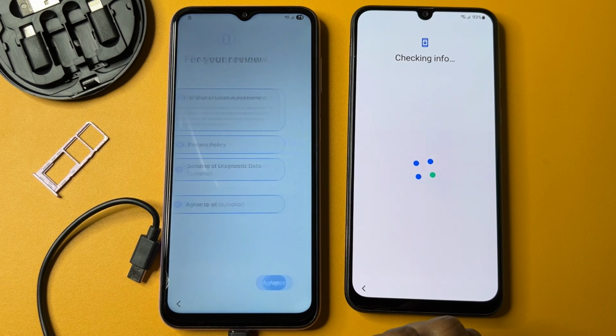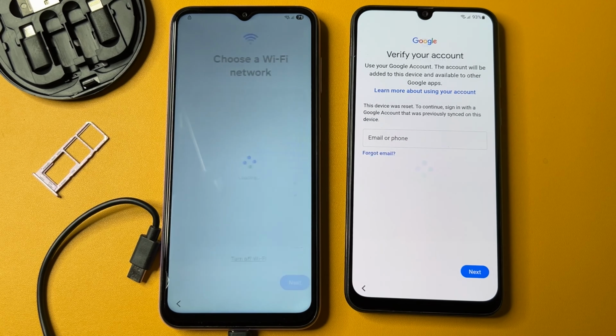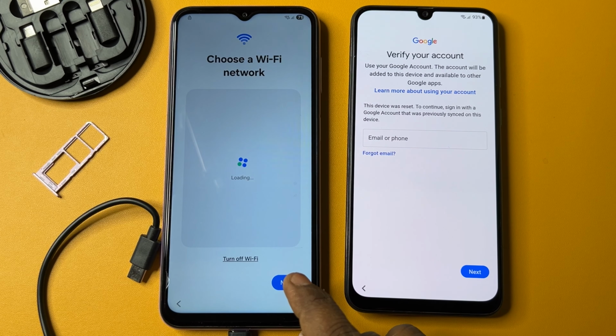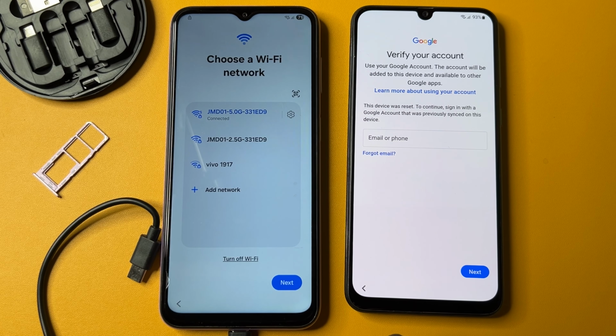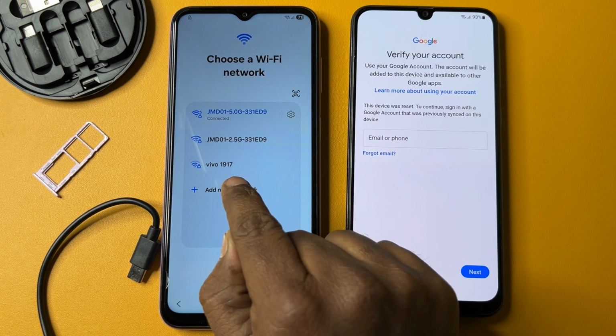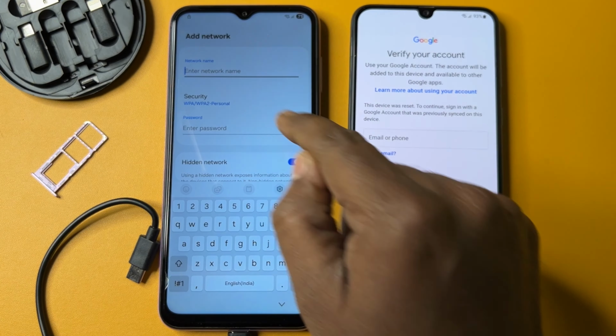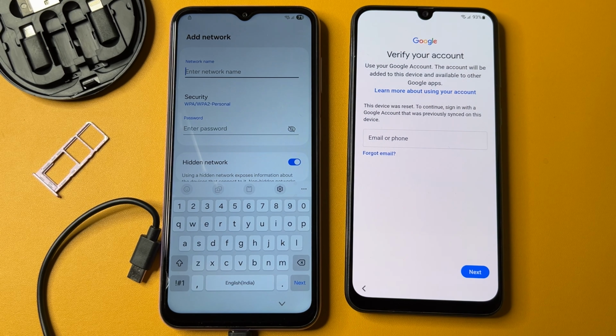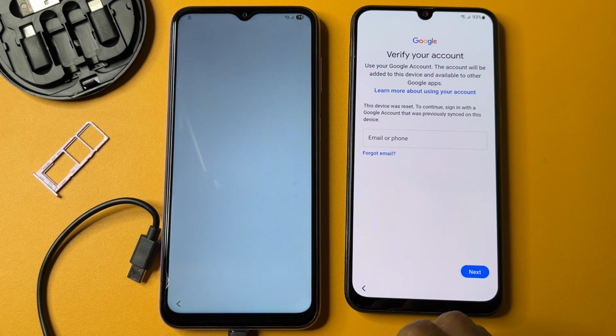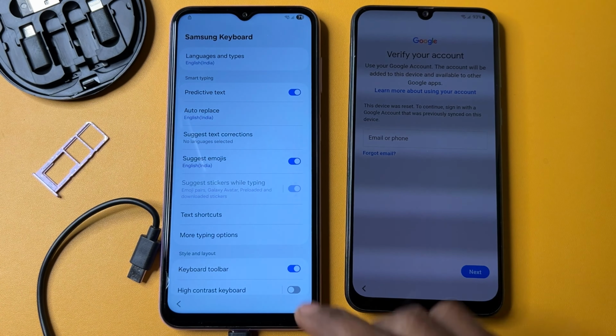Click agree, click set up manually, and wait for a while. You have to click the add network option here, and here you have to find this small settings icon. Click it to open a new page, and after that go to the